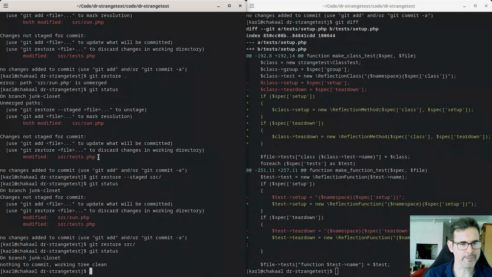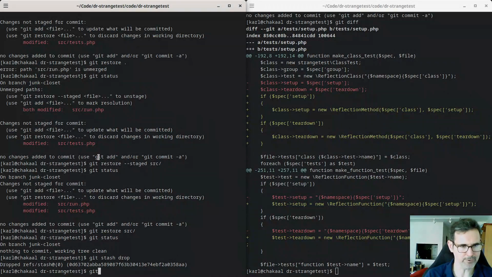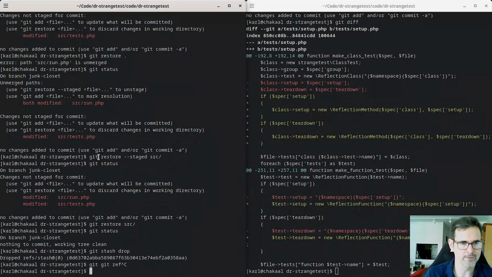Okay, I feel like that was a lot harder than it needed to be. So let's just drop this stash, and then I won't have any future panic attacks about what this random stash code in here is. It's a nice feature to just be able to stash stuff and then look at something else. But if you forget you've done something and move on, you just have random code sitting there. So